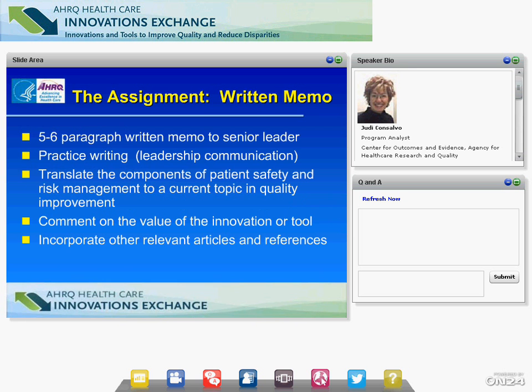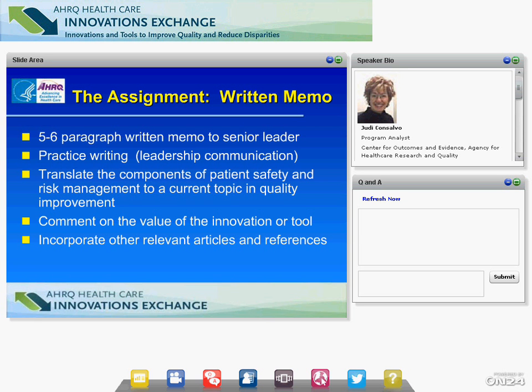The second part of the assignment is a written memo. And again, these are master's students, and they need to be able to communicate in writing to senior leaders. So we give them the format for writing a memo. They need to make it 5 to 6 paragraphs. It's a form of leadership communication in which they will translate the components of patient safety and risk management for